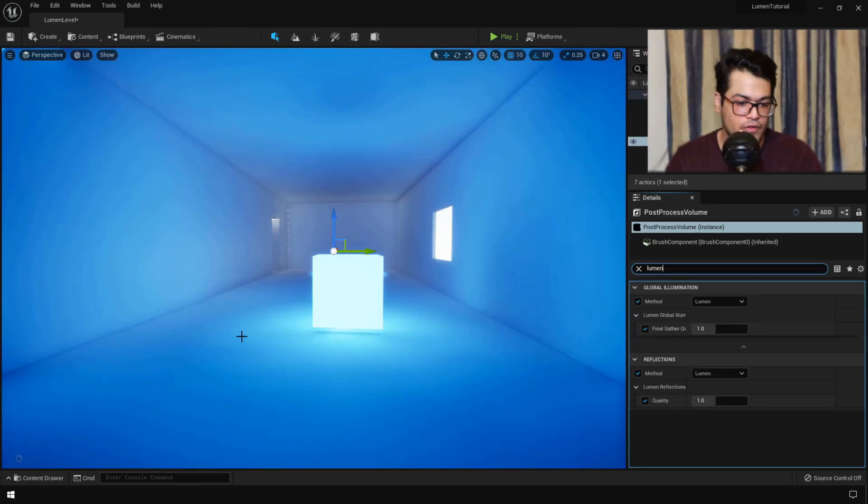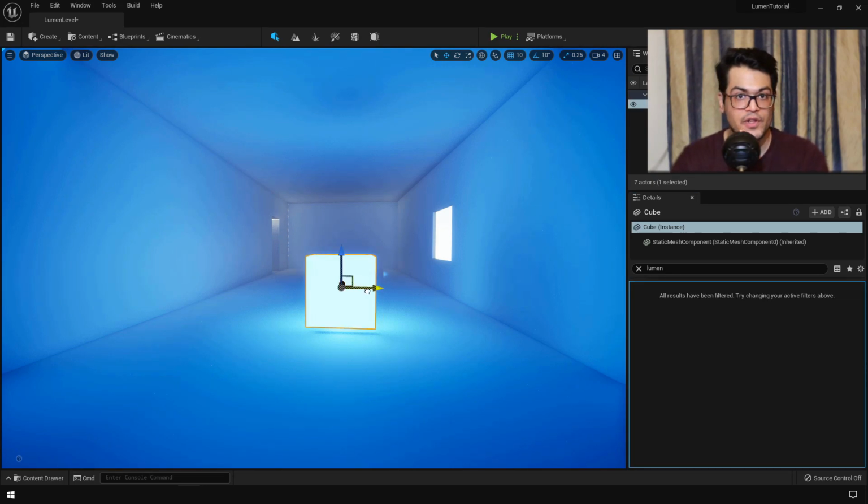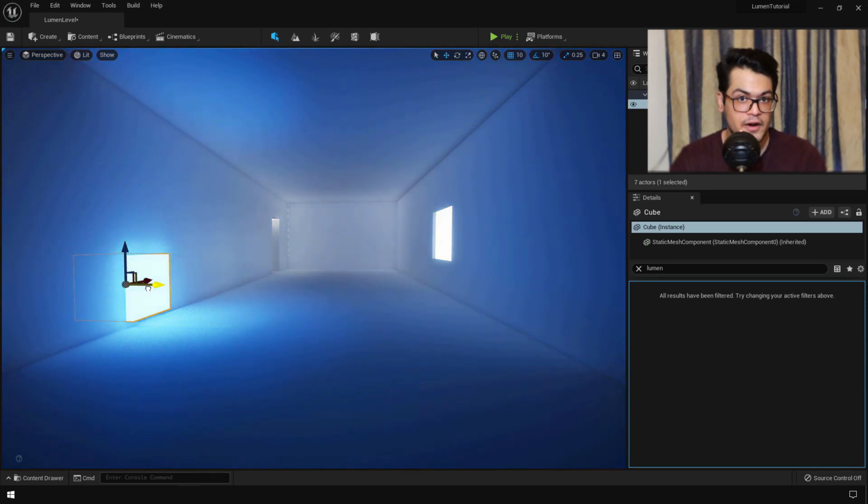The quality of our lighting is not that great. You can see some spots where it is being smudged. So we are getting that blotchy smudged effect. So to quickly fix that, to increase the resolution of this lighting basically, you can just go in the post-processing and you can just increase the quality. So this is going to hamper the performance as well. So keep that in mind.